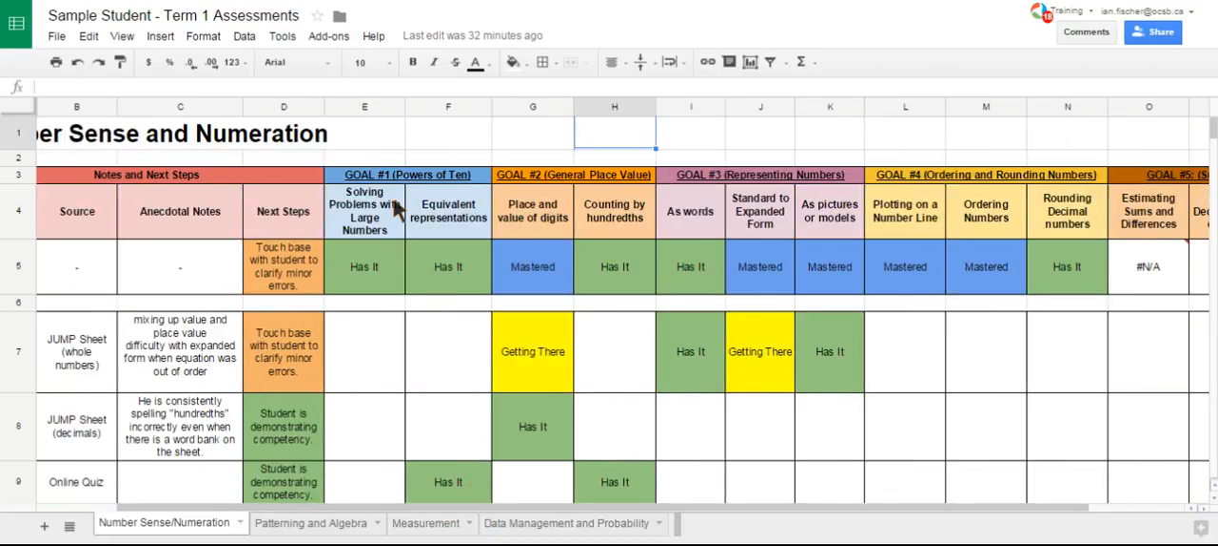Thirdly, we want to have a comprehensive guide for parents and students at home to know exactly what needs to be targeted or clarified. So on each of these goals, you'll see that when I highlight over it, a little link pops up. This link will provide a collection of games and online videos that the student can try out and further clarify concepts. So for example, if they are having trouble in general place value, which is place and value of digits and counting by hundreds, if I click here,